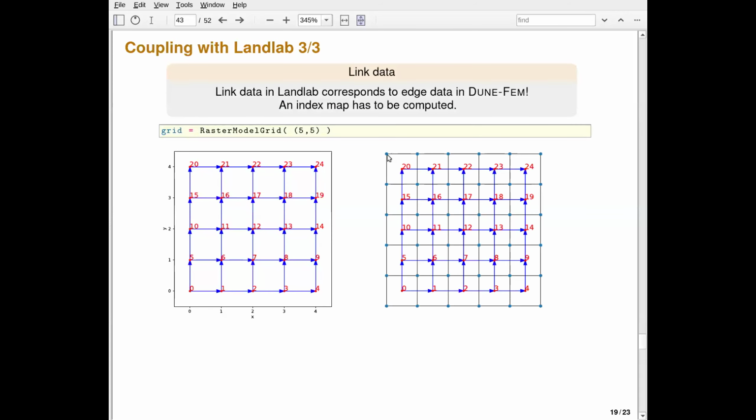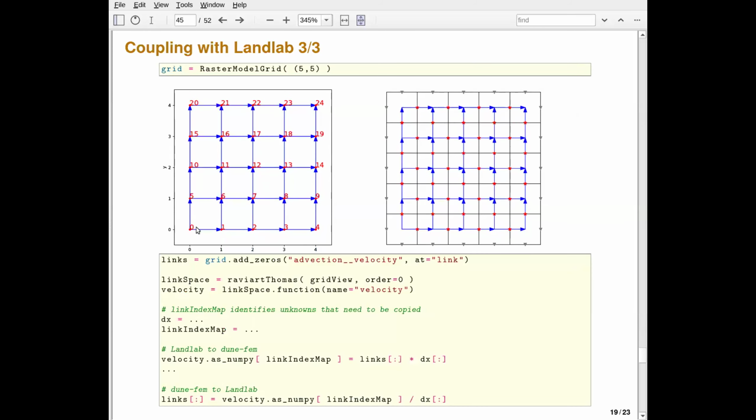And if we look at our grid in Dune, then you see these links cross an edge in normal direction, but on the outermost edges, we don't have any links. So what we have to do here is to identify interior edges in red. I hope you can see that. And then the outer edges: unknowns belonging to this edge will just be set to 0 in our Rabiato space, and then a connection can be made between these two